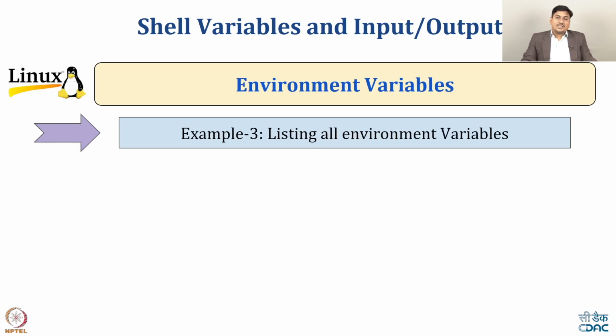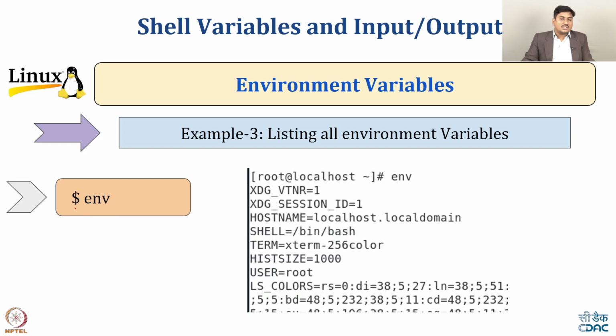So, when we deal with any Linux system, there are so many inherent variables set up by the operating system in that particular shell, for that particular instance, for that particular user, right. So, if I want to see all the variables which have been set in my environment in that particular shell, then I can use a command like env. If you just open the terminal and put the command env, you will get the list of all